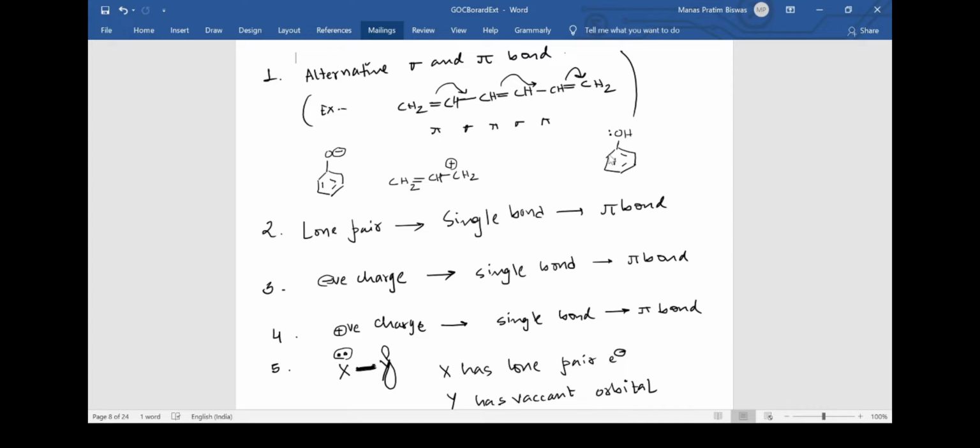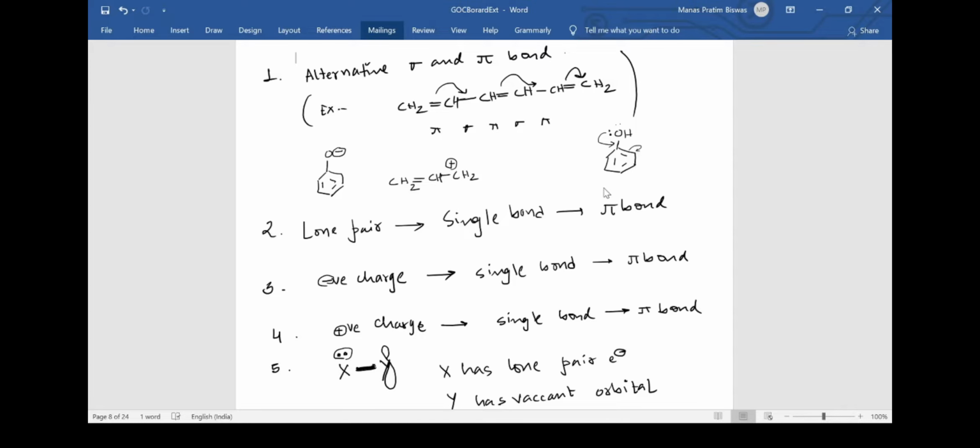This is a phenol molecule, this is a benzene ring, and along with it OH is attached, and OH has a lone pair of electrons. Actually there are two lone pairs of electrons over the oxygen, but I'm not going deeper into that. Suppose one of these lone pairs gets transferred onto this single bond. Firstly we need to understand there is a lone pair, then there is this single bond, and then there is this pi bond. So we can see that point number 2 is satisfied: a lone pair, a single bond, a pi bond. So this lone pair might jump to this single bond, and then this pi bond will shift to this carbon.